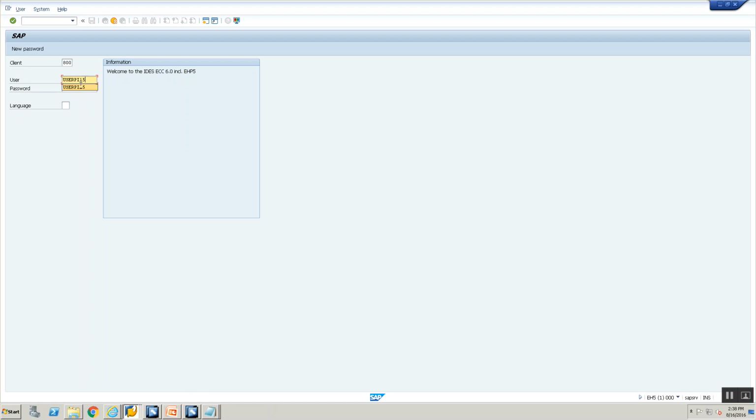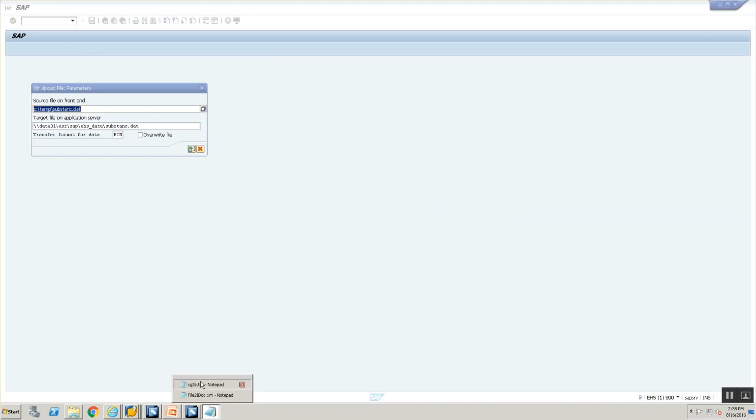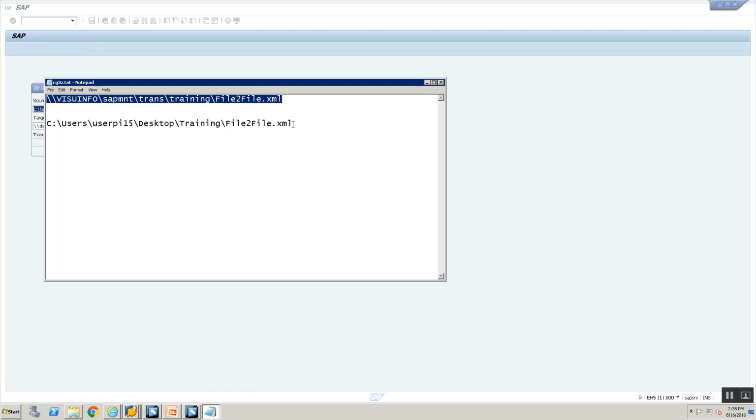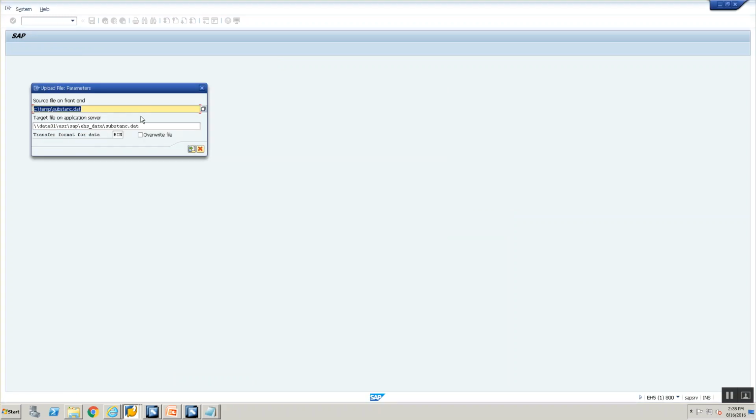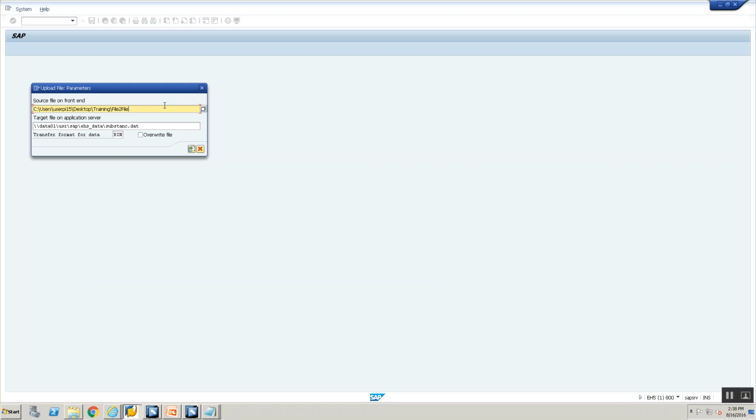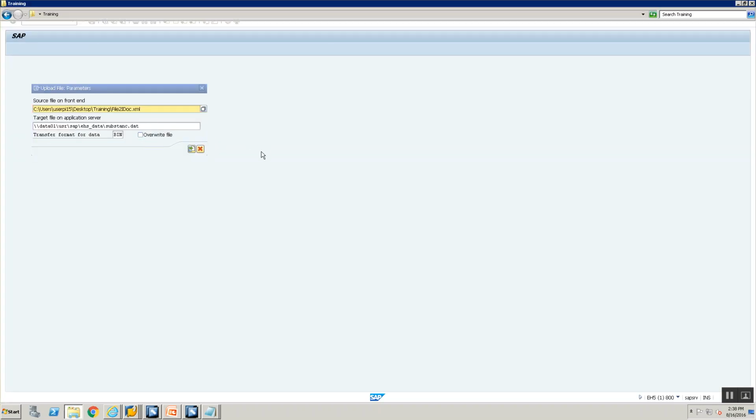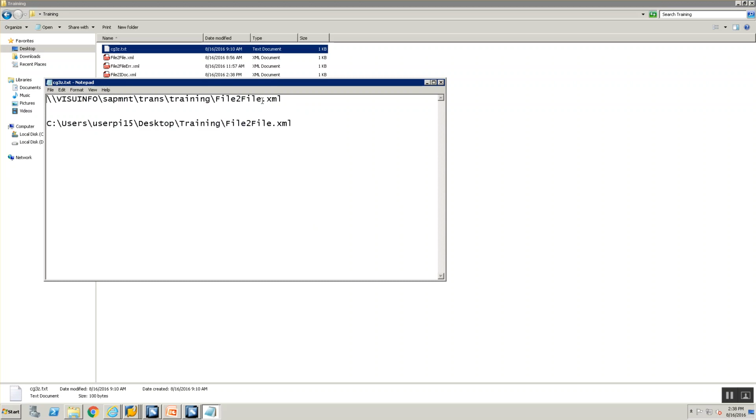Okay, but I will have to do that via my ECC server. So I'm going to say login, CG3Z. Let's open my notes. So this is my input file. File to IDoc.xml. Let's just make sure my name is correct. Yeah, that's correct. And then out here, same way,